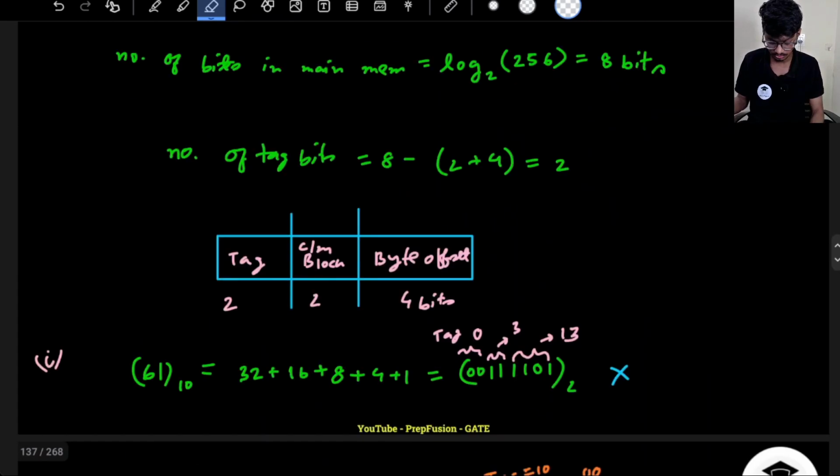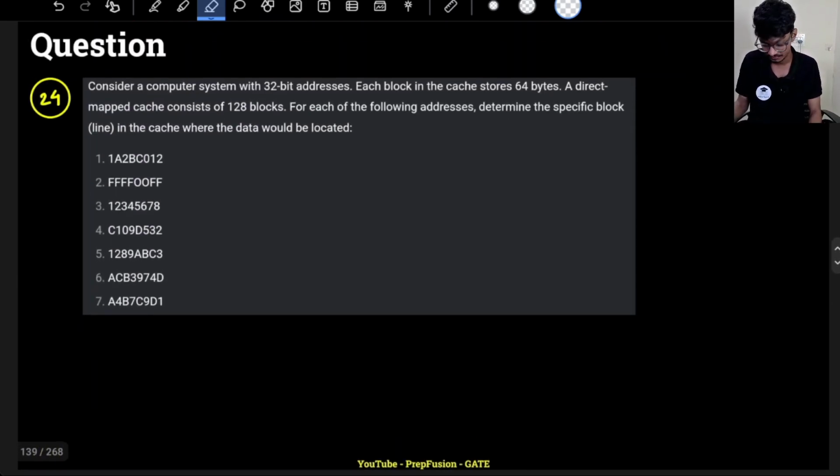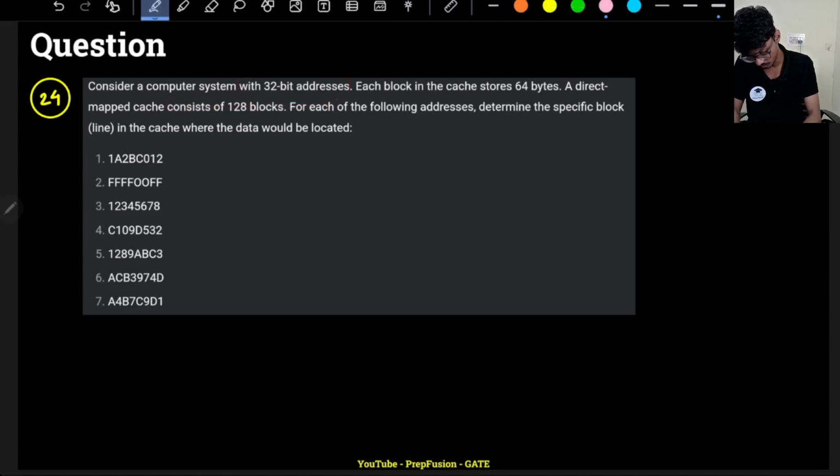So now let's solve this next question. Consider a computer system with 32-bit address. So main memory has 32-bit address. Each block in the cache stores 64 bytes. So what is the number of bits of the block? Basically the byte offset. Byte offset will be,